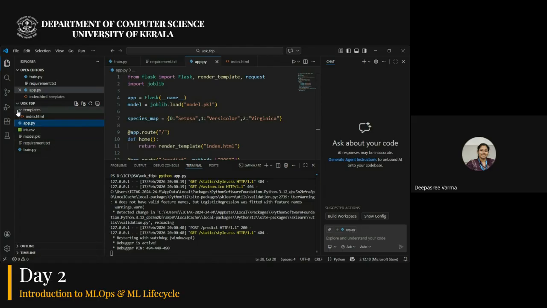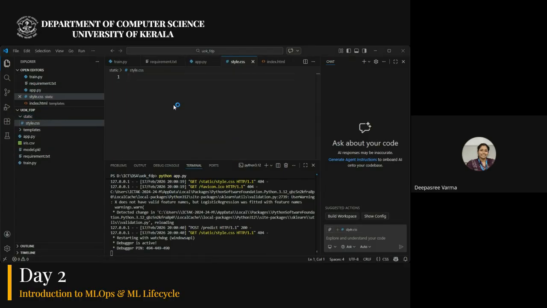So I'm just adding CSS for beautification. It is not really necessary. So for those who really want that, you can add a style.css. So this is just optional. It's not necessary. Without it, it will not fail to run, nothing like that. You can just copy the CSS file just so that my page will look beautiful.